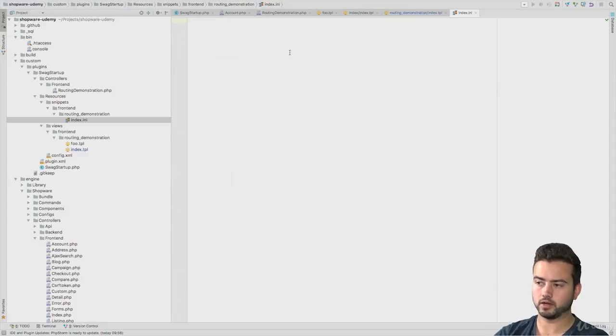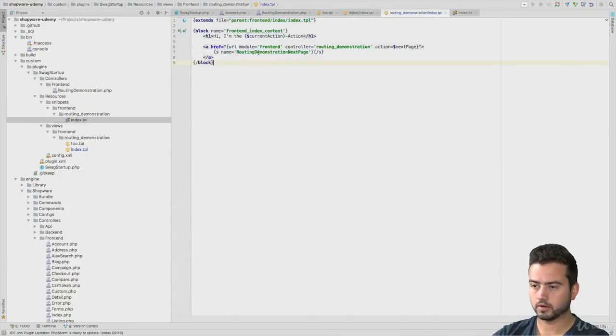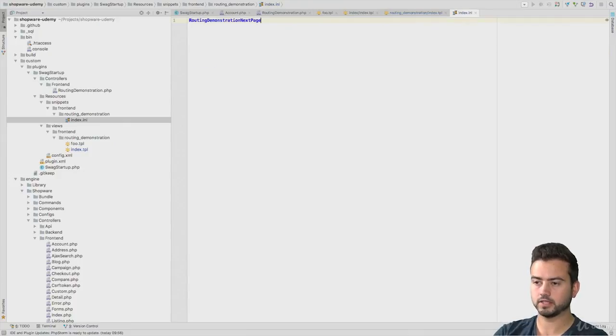So ini files are just simple key value pairs. And we can say now, if we go back here, copy the name, we can simply say this name equals next page, for example. And we have to tell Shopware on which locale, so which language or which translation, to use it. We do this by